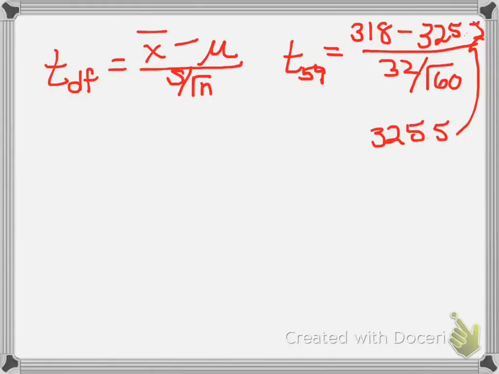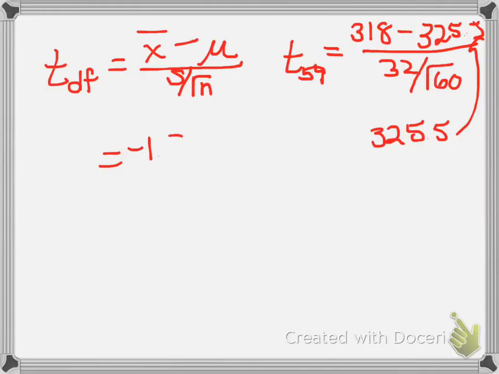So I'm going to hit stats, tests, and I'm doing a t-test. And I have stats. Remember, if I had the sodium content for each of the hot dogs, that would be data. But they gave me the mean and the standard deviation. So my mu naught is 325.5. Excuse me, my mean of my sample is 318. My standard deviation is 32, and my n is 60. And I want to know about less. Okay, and then I get a t of